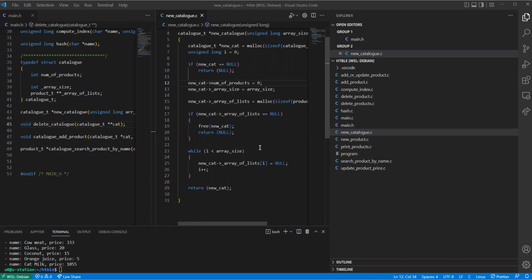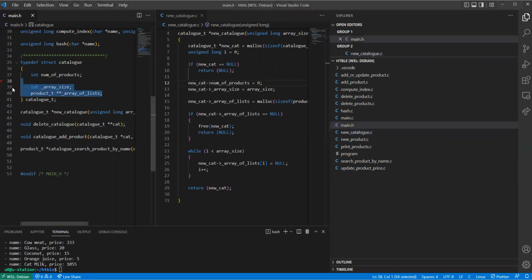So we have the data, but the way the data is structured from inside, we choose to use the hash table data structure. This is why we have these two fields. One field to have the arrays. This is the actual hash table, the array of list, but we can